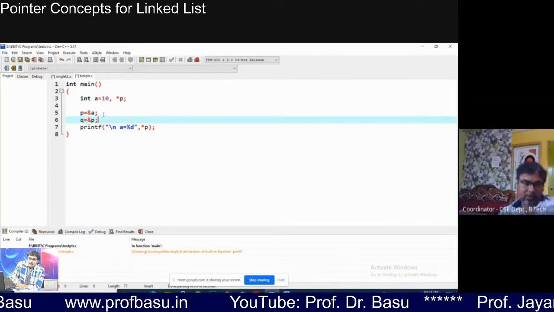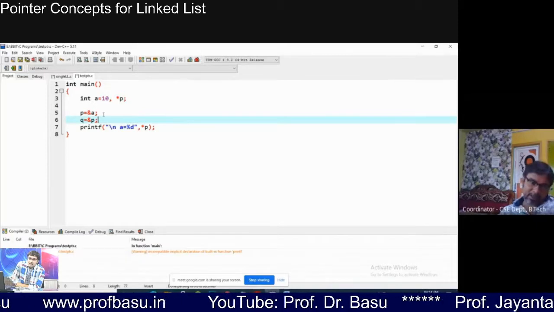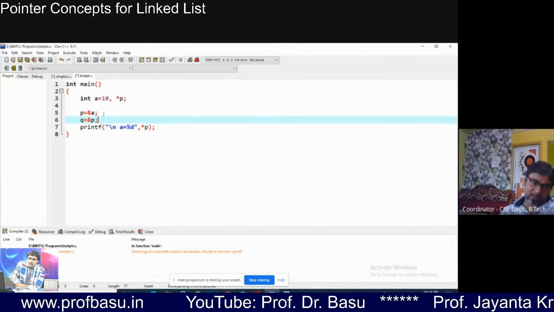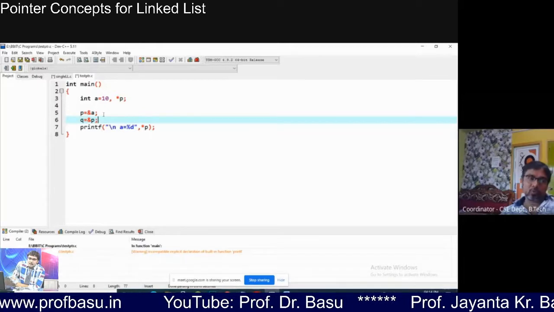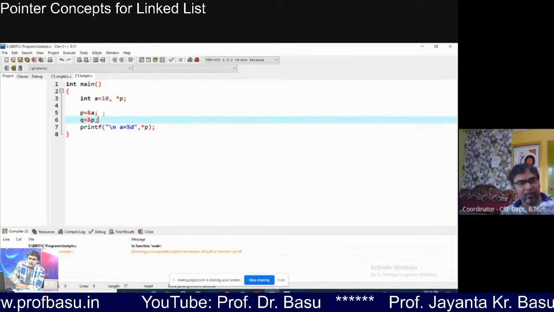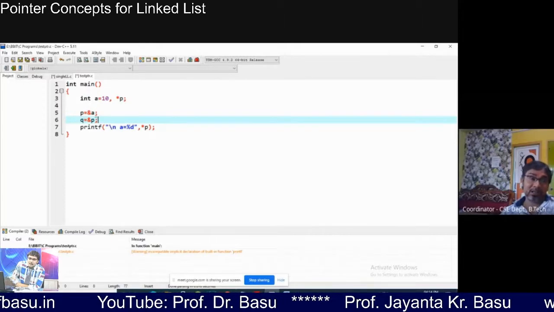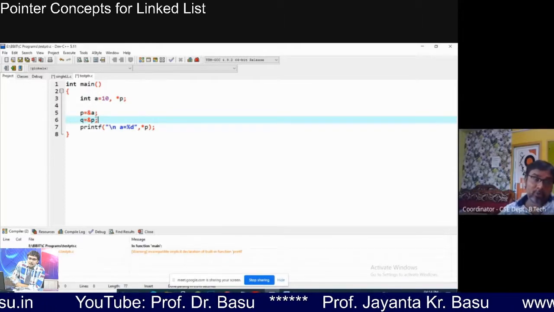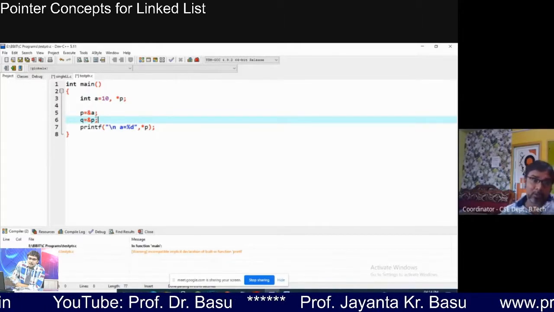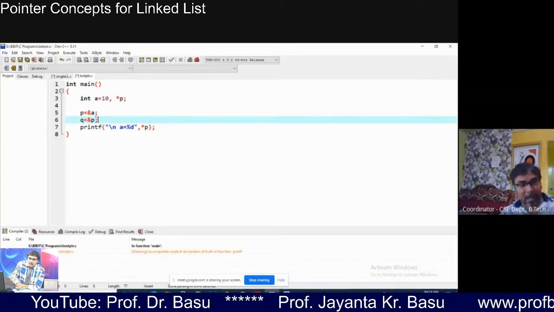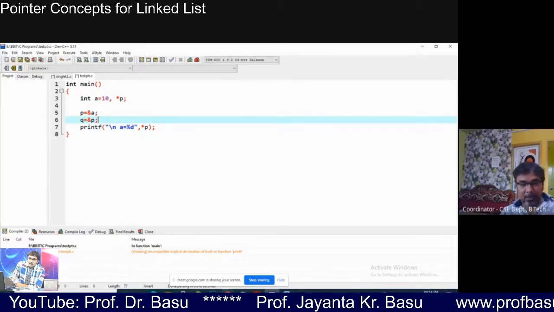Very easy, very fundamental knowledge, but they want you to have some concepts on basic pointers, so that you can understand the existing code of the software you will be working on, which you will be modifying as per the requirements of the customers.